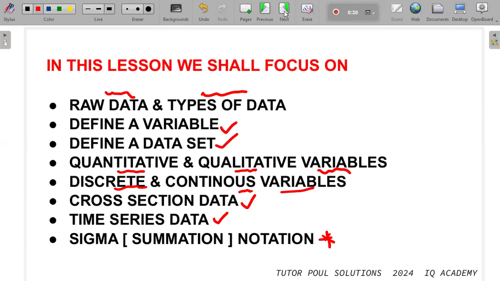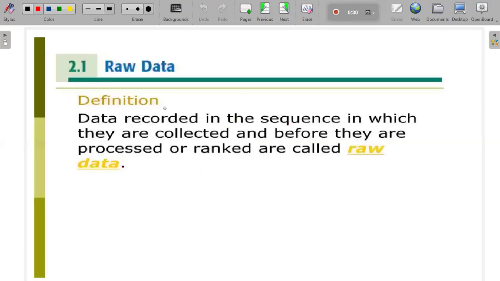So we start from the data there. If I explain anything and you don't understand, please feel free to ask. So from the definition, what is raw data? By definition, we can say